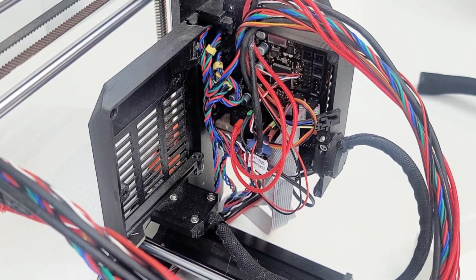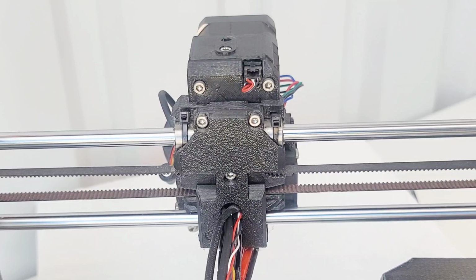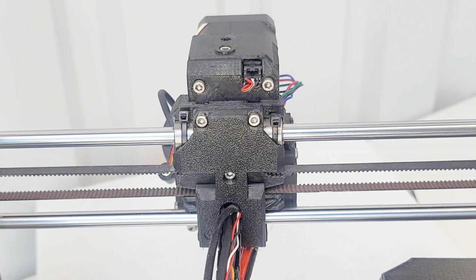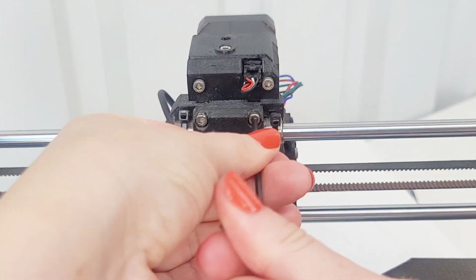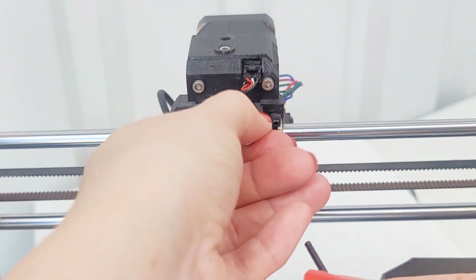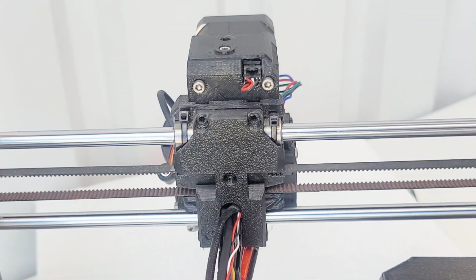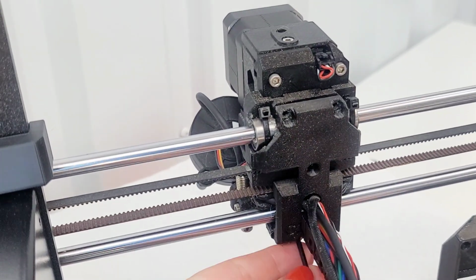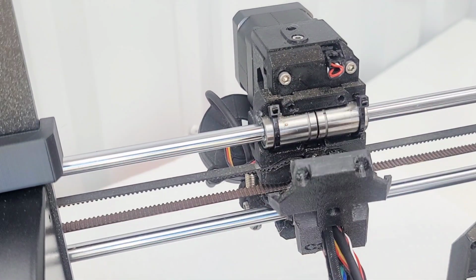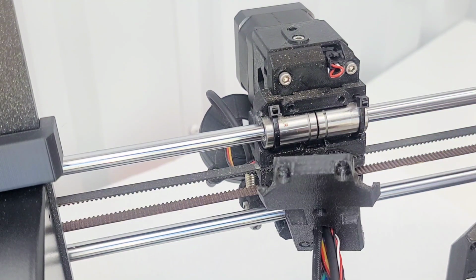Now, while we're on the back side of this printer, we are going to release 4 screws on the X carriage back part. So here. It says not to throw away the X carriage back. Keep it for reuse in the following chapter. But I did print another one. I think that's the same part. Yeah, okay. Well, anyways. Remove the Pinda cable,